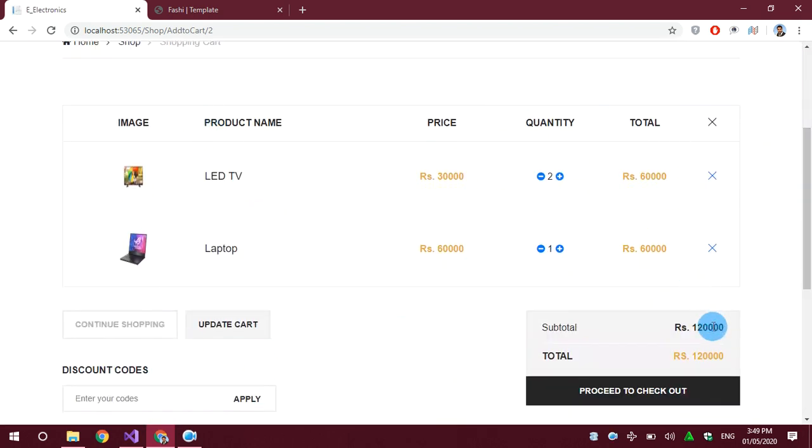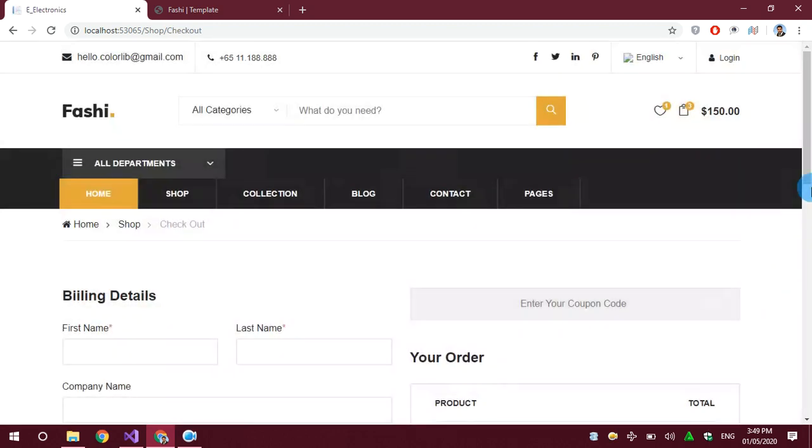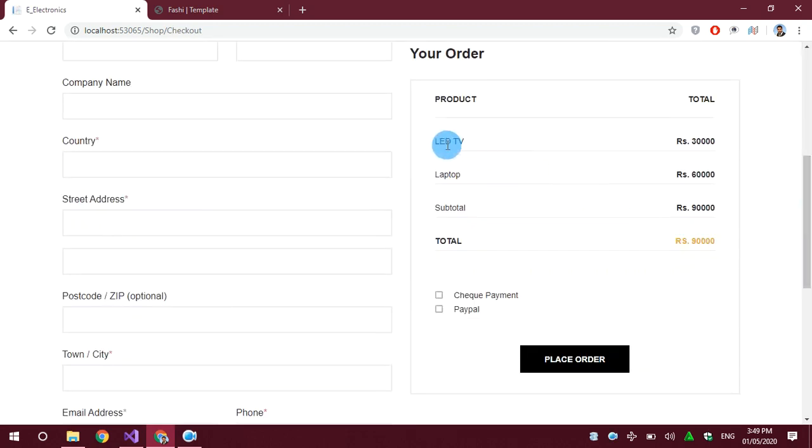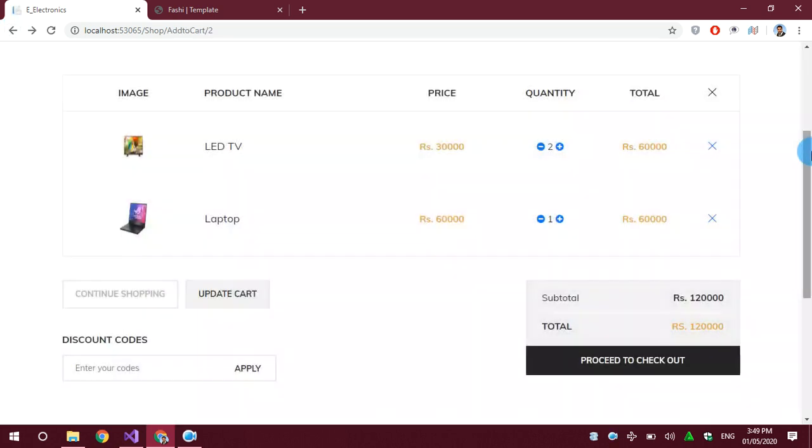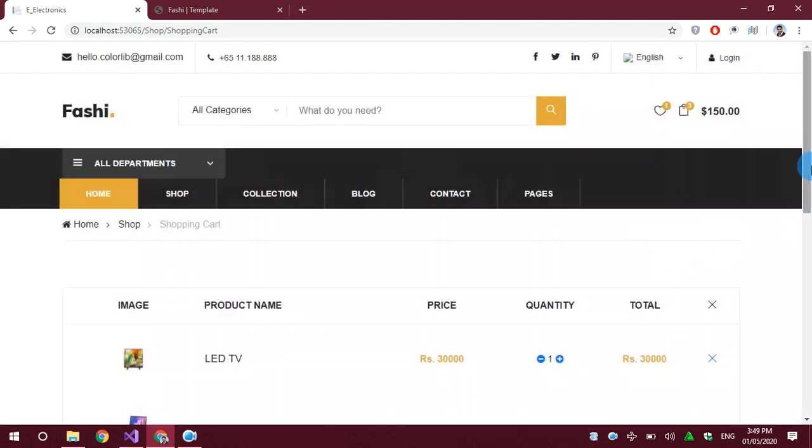The total is 1,20,000. You can see the LED TV and the laptop are both here, and the price is 1 lakh, which should be the same as here. These are two products, so the total will be different.